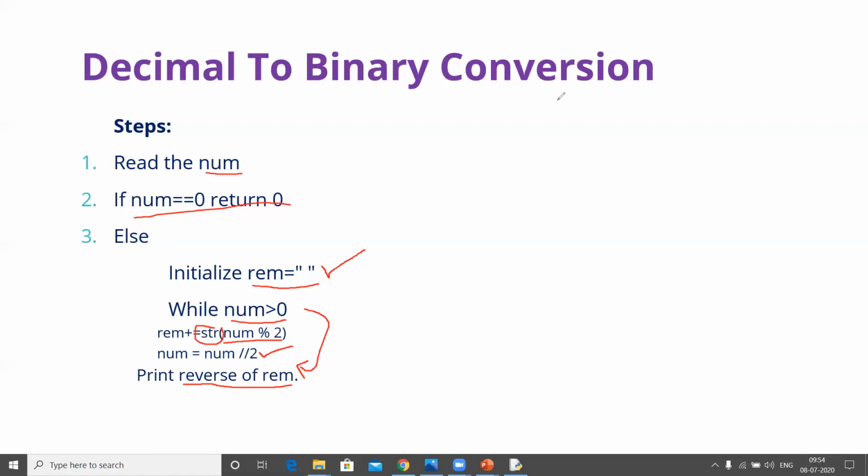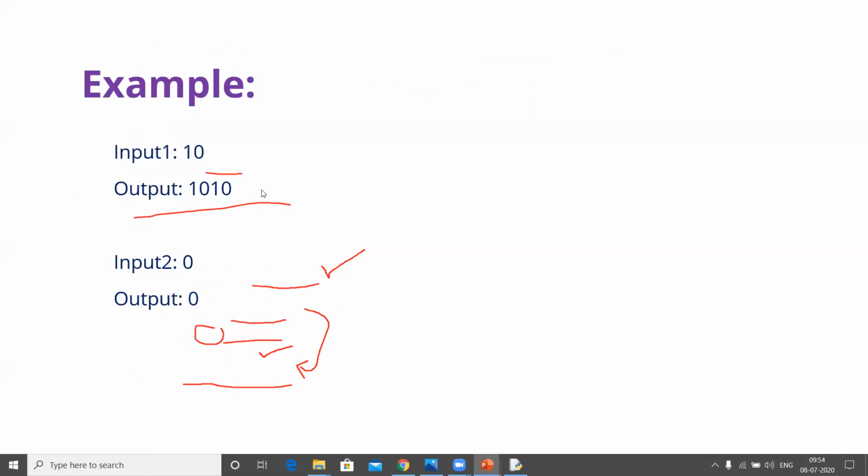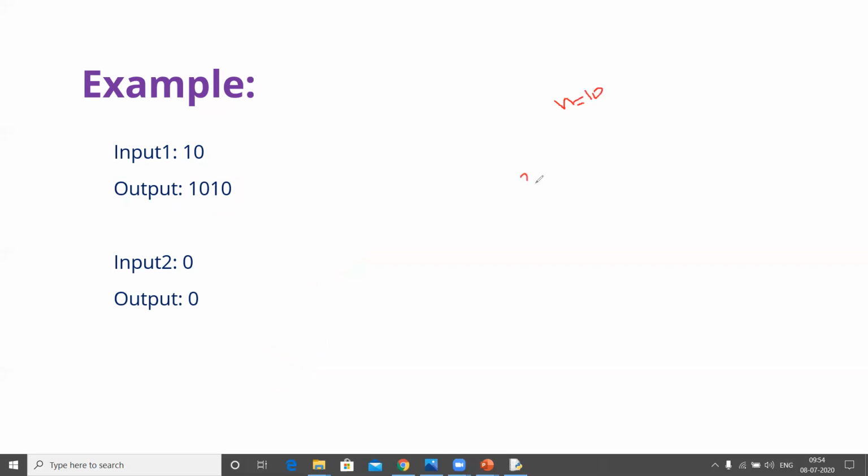Observe here. This is 10. 10 is the decimal number given. Observe n equals 10. Okay. Now take 2 and 10. Observe, 2 5s are 10, right?